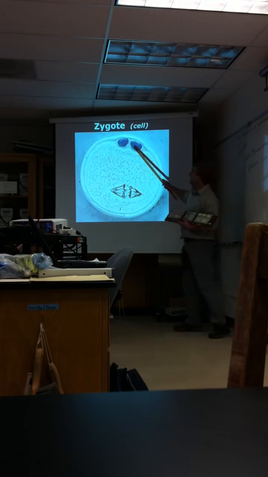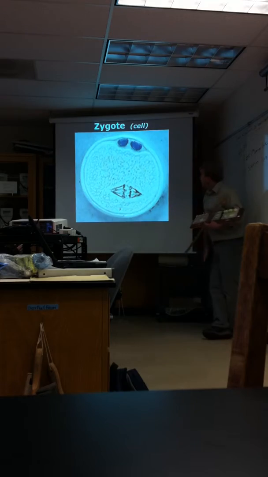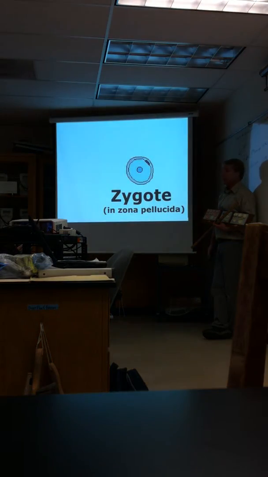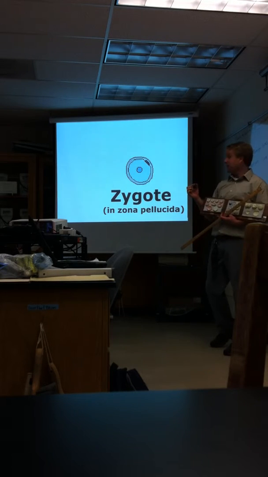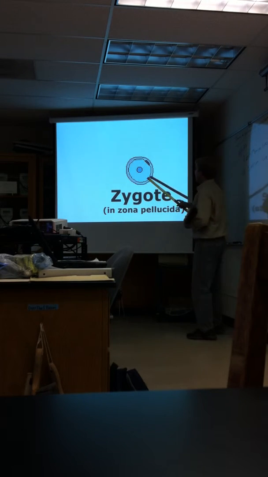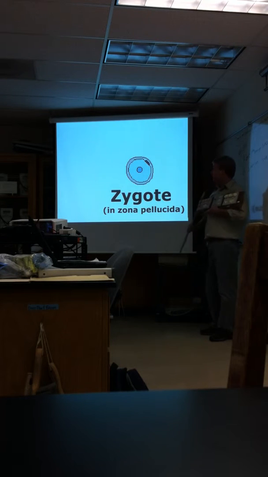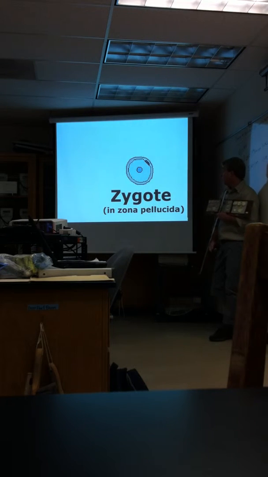And you can see the two polar bodies. So now, after the zygote forms, we just went from ovulation to fertilization, now we'll go to implantation. We'll be ending with the implantation. But this is the zygote, and again, we have a cell showing the zygote, and the zygote will start to